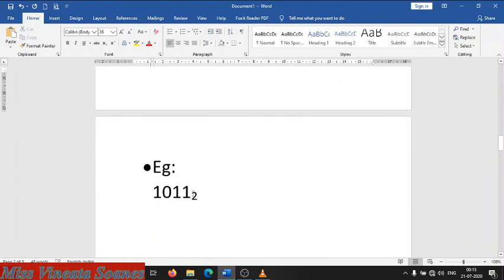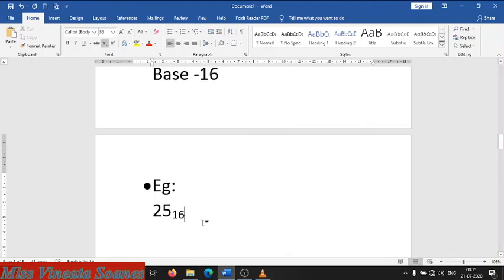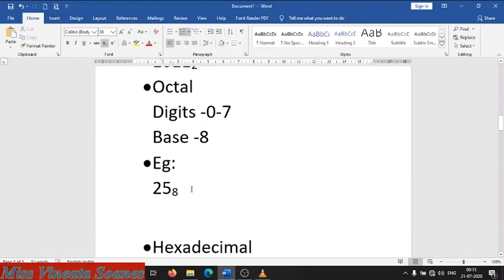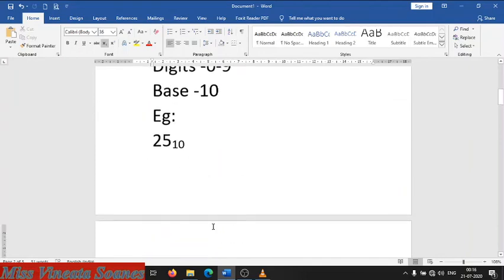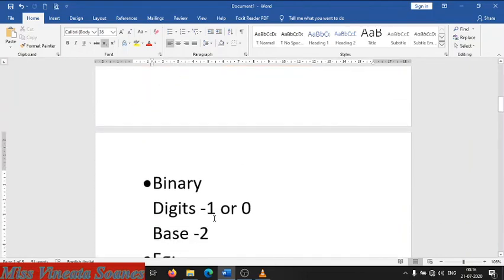An example again would be, of course, even 25 can be in hexadecimal because we have 0 to 9. So we can have something like this, or maybe some combination of alphabets, of course till F. So you may have something like this, E, then 12, and so on. So these are examples of the hexadecimal number system. These are just the introduction to the different number systems. In the next video I'm going to show about